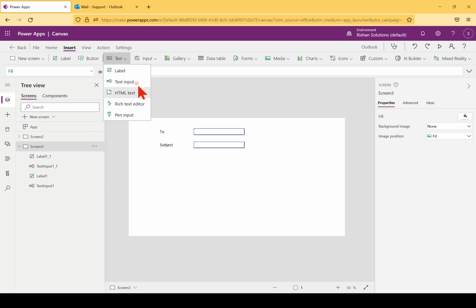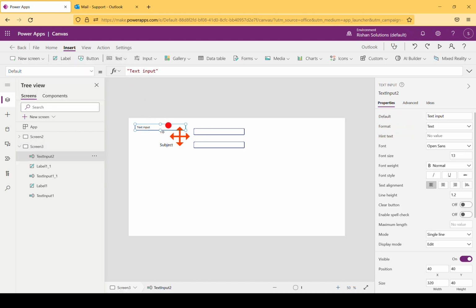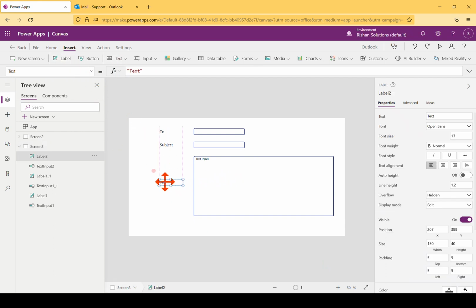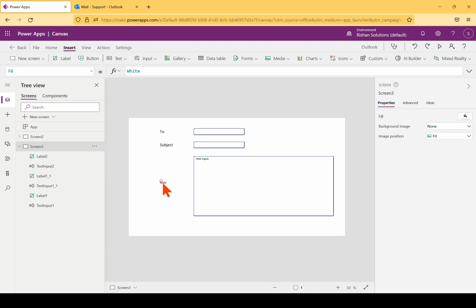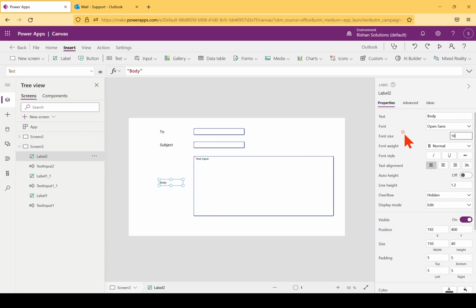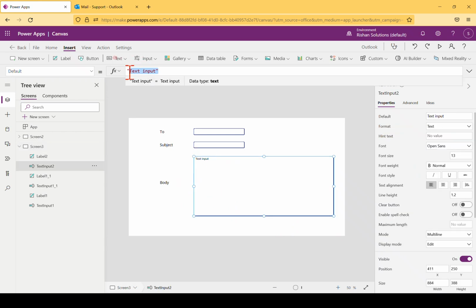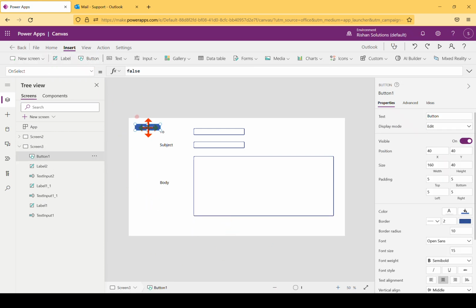and then we'll take one more text input. I'll make that here, and this is not single line, it would be multi-line, and we'll insert one more label in front of this, and we'll make that as body. Okay, we are done with this one, and then we'll remove this text input from here. Done, which is empty. Now I'll take a button, insert a button here,